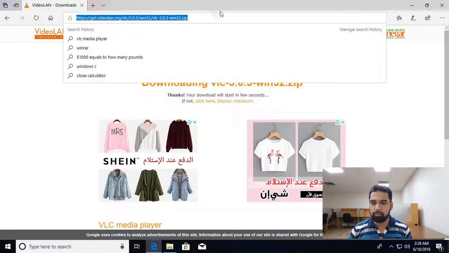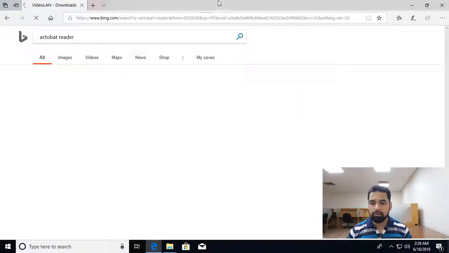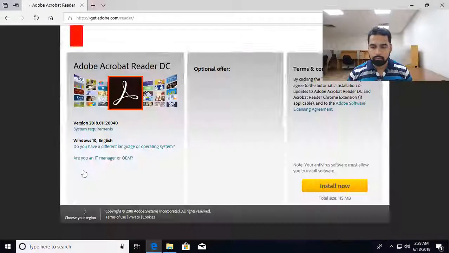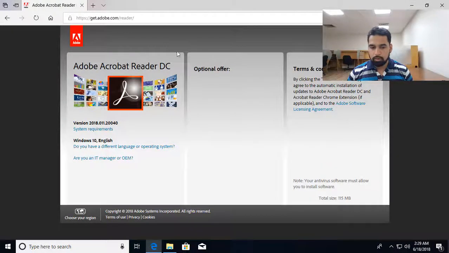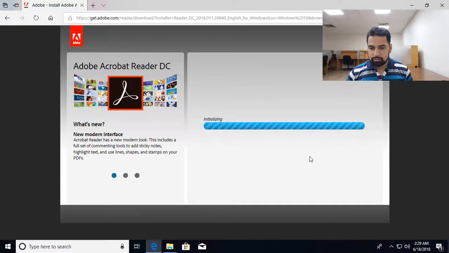So in case if I go for Acrobat installer, Acrobat Reader, download now. Now from here you can see that it is giving you 164 MB download. I don't want to install some of the applications. They install some additional applications also like Chrome, so you can choose from there whether you want to install or not, whether you want to have Chrome extension for Chrome or not, and then you can download the applications. So let's continue